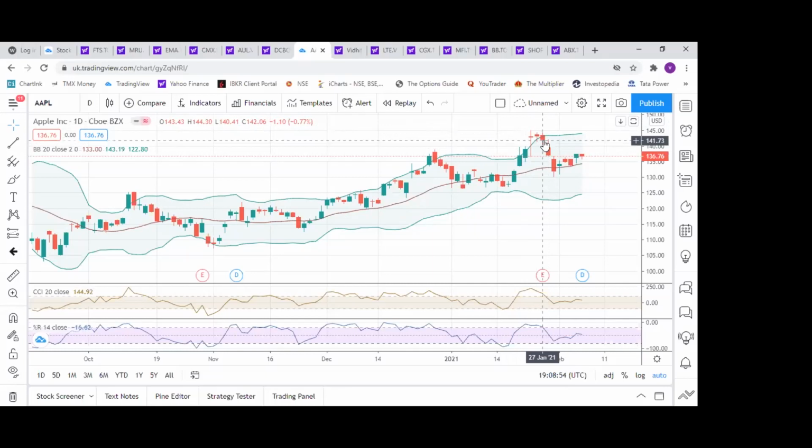Again, what Tahir was just saying, it is not able to cross 145, 144, 145 over here, which gives you an indication. If I'm only using candlesticks, there we were using Heikin Ashi candles. I'm using candlesticks, again it gives you the same indication. And the indicators warned you on the 25th itself, get ready, I'm going to take a small dip.